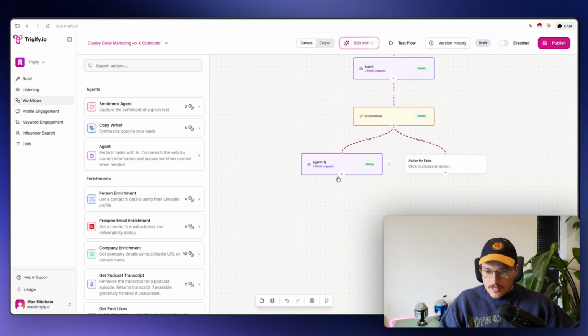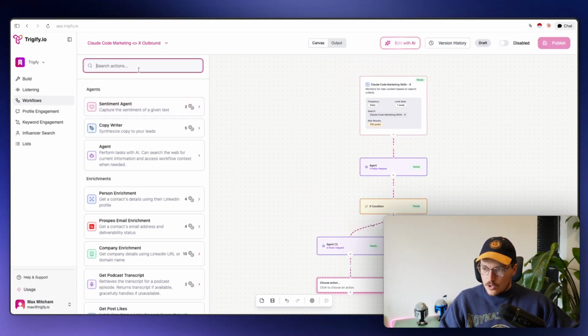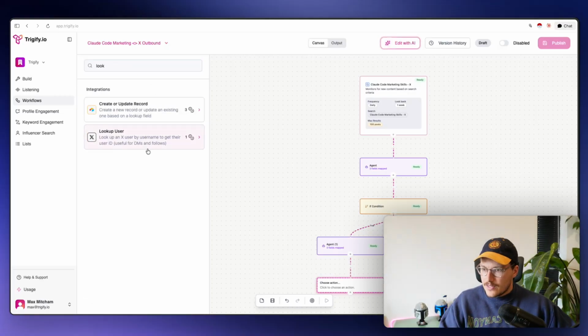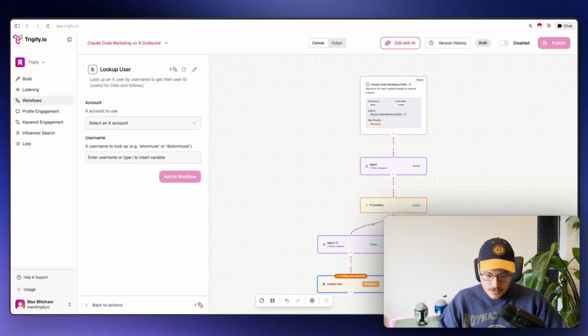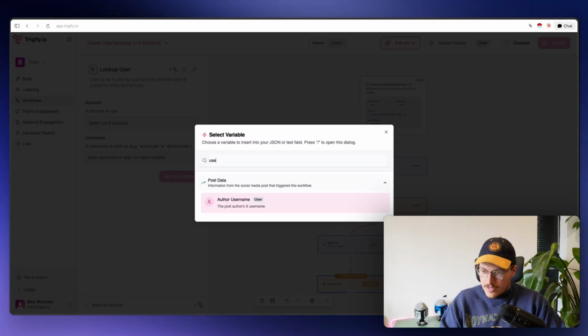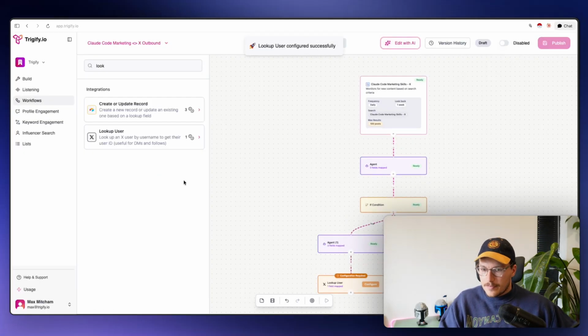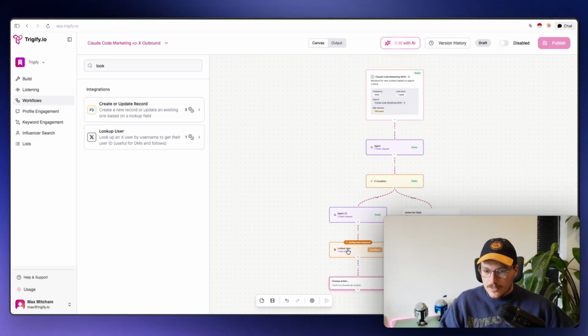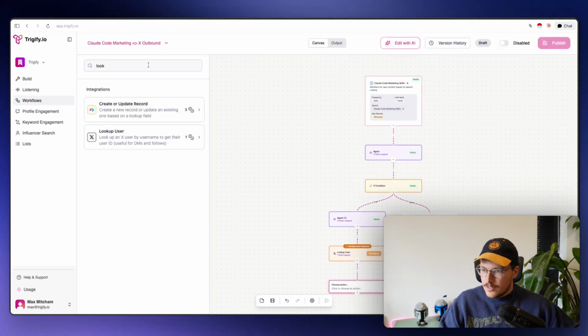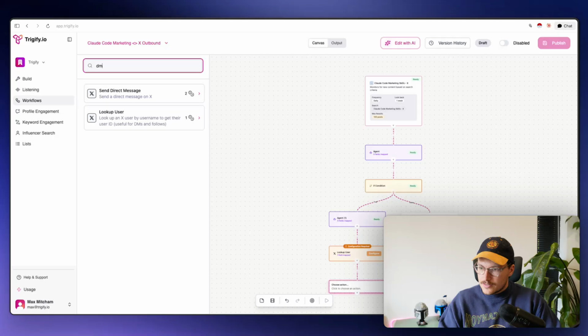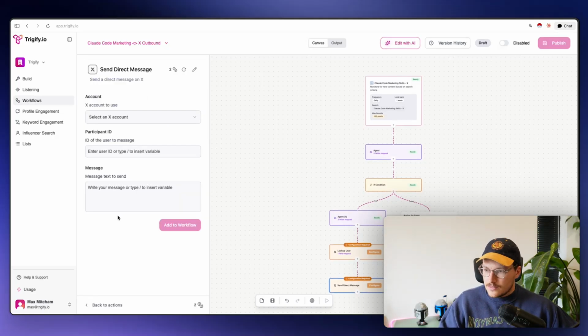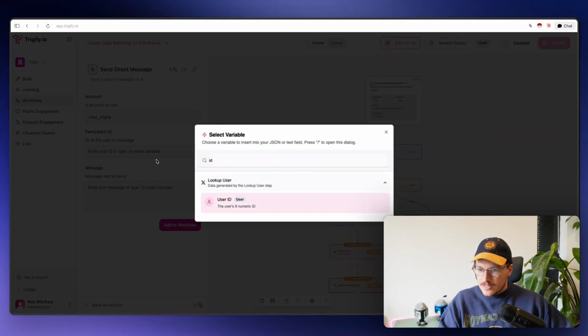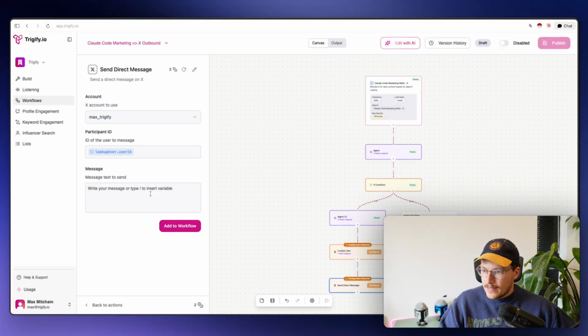Okay, so now what we're going to do is we're going to look up the user because we need to get their username, their ID. So we're going to do that to look up the user. And then from here, we're then going to send a DM. Select the account. And then we can get the ID from the lookup there. And then we could insert the message. So if we were going for,